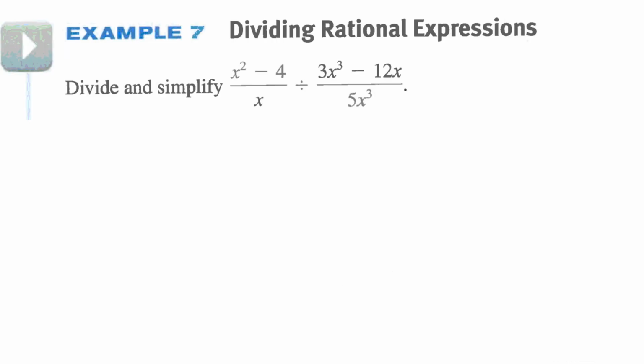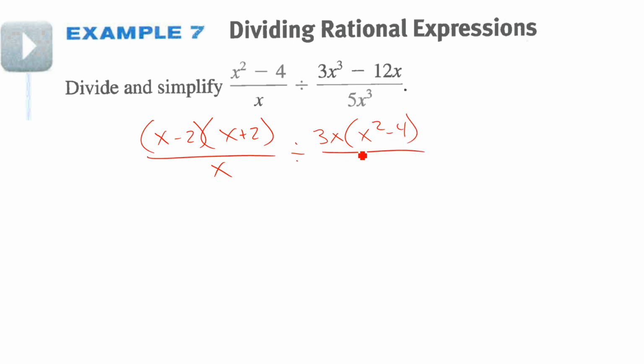All right, so we'll do some dividing. So we'll factor first. X minus 2 and x plus 2 over x. And before we multiply by the reciprocal, let's factor. So we can pull out a 3x, and we're left with x squared minus 4. And we have over a 5x cubed. So really quickly here, we're going to say that x cannot equal 0 because of this and this, all the